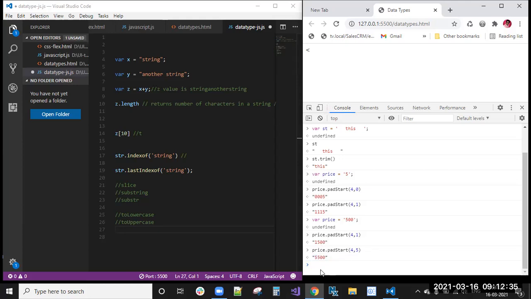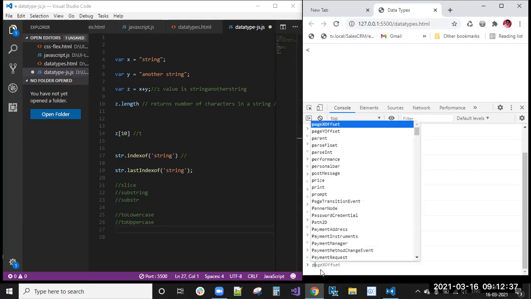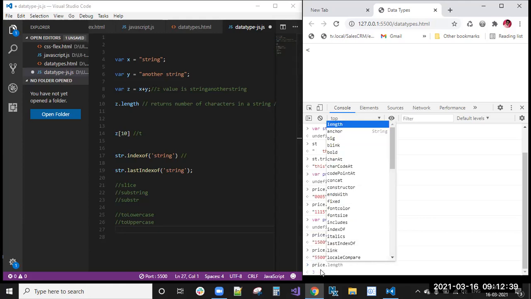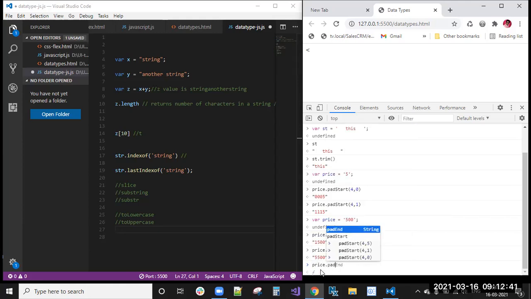Similarly, we have price.padEnd. padEnd. Now, similarly 5 comma 6. I want 5 characters, but that 500 is only 3 characters, right? At the ending, I want it padded with 6.